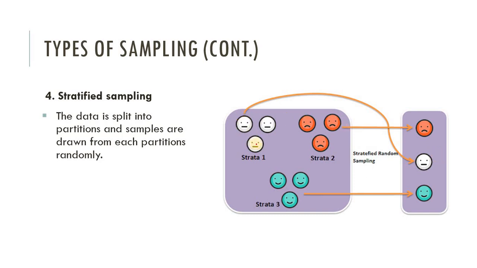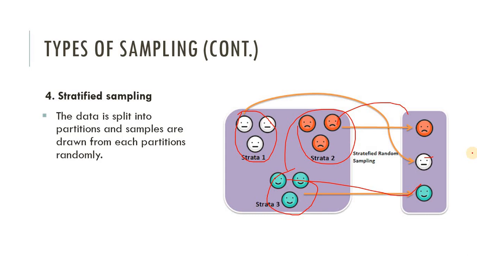So here there are three types of data: white, blue and green. First we are grouping that data into clusters. Now we just choose one representative of that cluster into the analyzed data set. So we are choosing one sample from each cluster. So this is how stratified sampling works, and this is how a sample is selected.